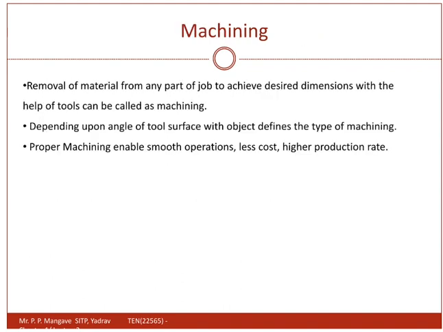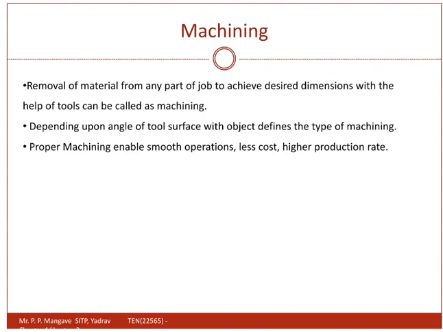Now the next part of this chapter is machining. The above part was the introduction: why we have to study tool engineering, what is tool engineering, and what different aspects the tool engineering subject looks into, or you can say the basics of tooling, as the chapter name itself suggests. Now what is machining, or simply what are the different material removal techniques? Removing material from any workpiece with the help of a wedge shaped tool or any shaped tool to achieve desired dimensions can be called machining.